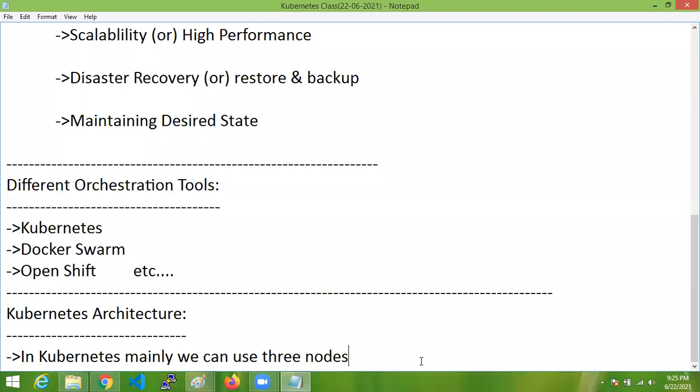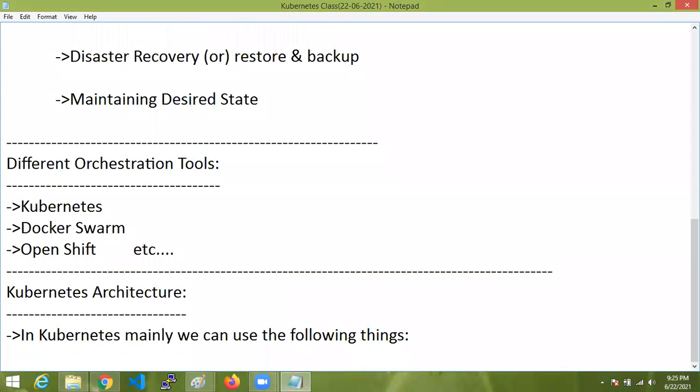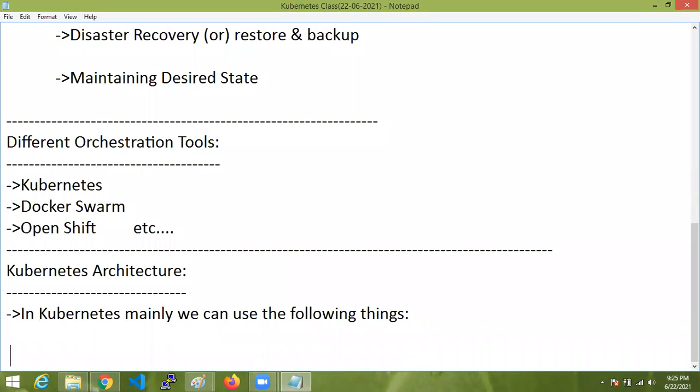Not only nodes, we can use majorly the following things. Majorly we can use the following nodes.